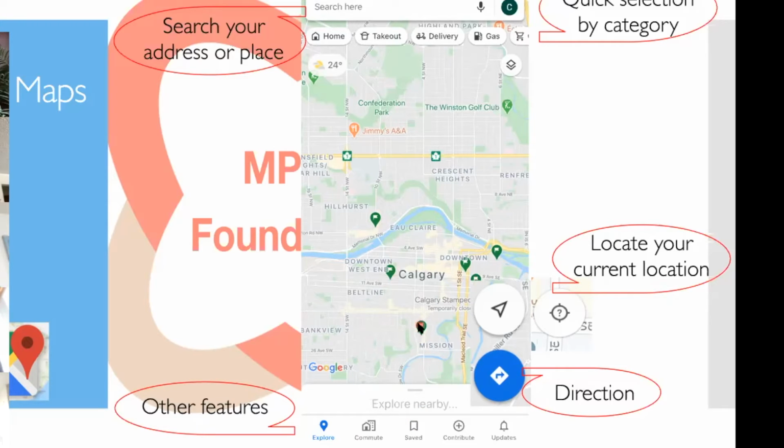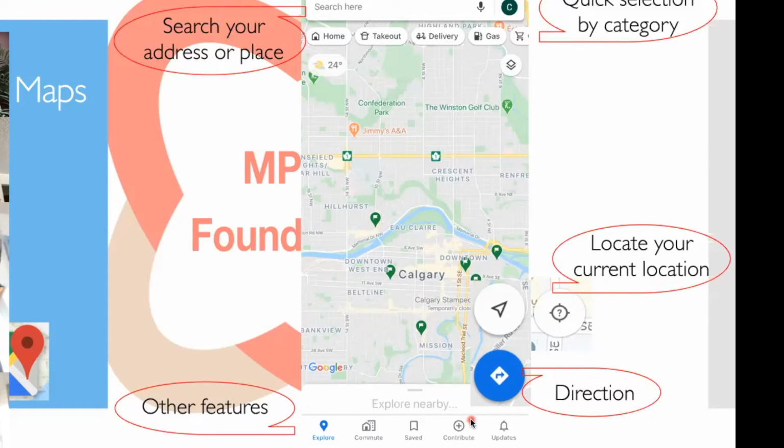So when the person was taking the photo of their Google Maps, they had about 5 or 6 different places saved. So you can actually go into the save spot there to pull up a list of those places. Contribute at the bottom is where Google Maps will actually let you add things to different locations or to make